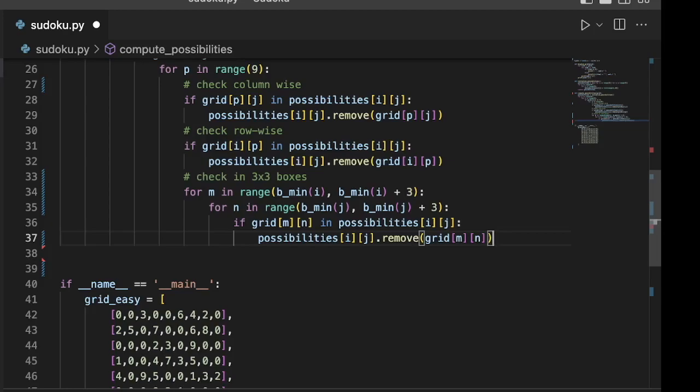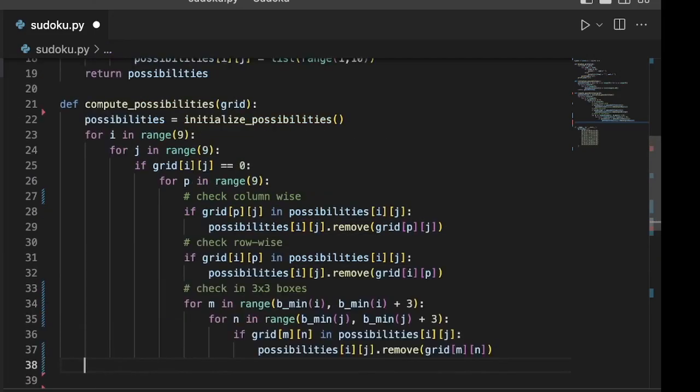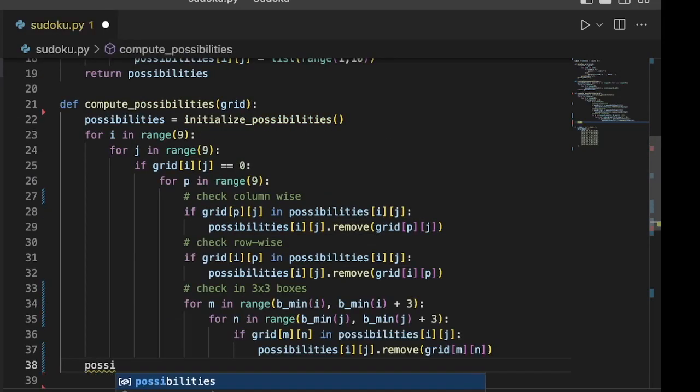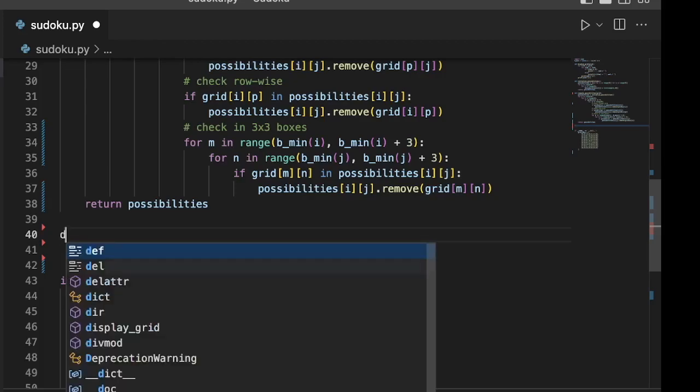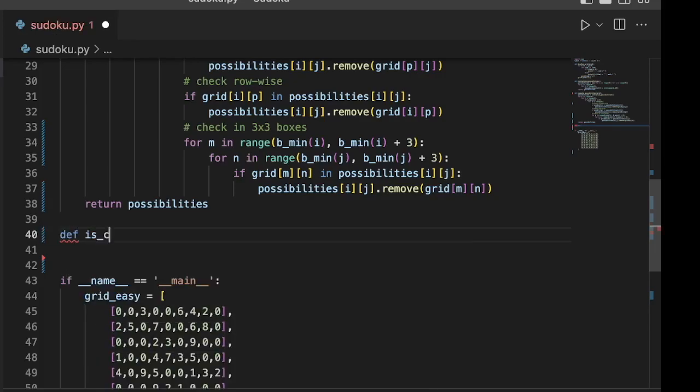Now that we have checked all the 3 cases, let us return possibilities back. Return possibilities. Now the second helper function is also ready for us. Now we need to create one more helper function, which is called is correct or not. Now let's create a new function called def is correct,